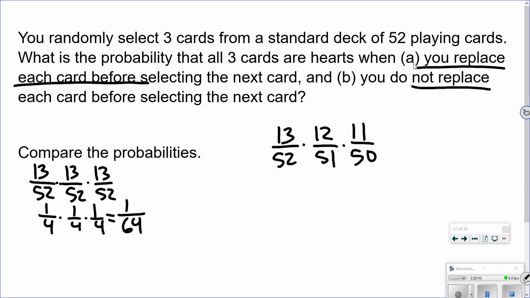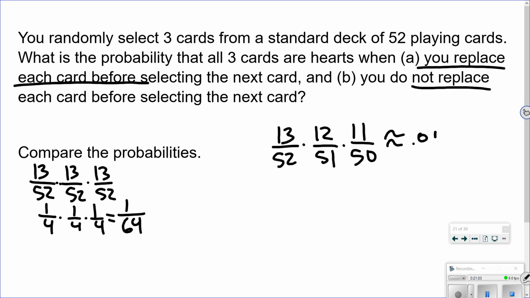And when we do that, we end up with 11/850. My calculator's kind of hard to see here. I'm just going to do a decimal. It ends up being approximately